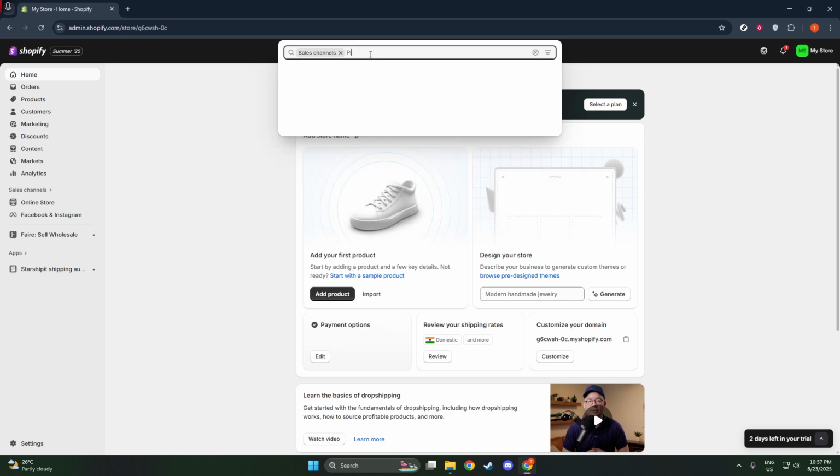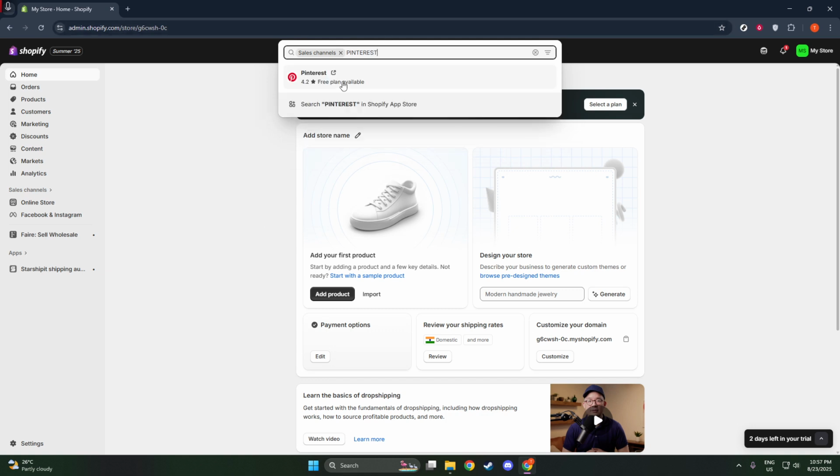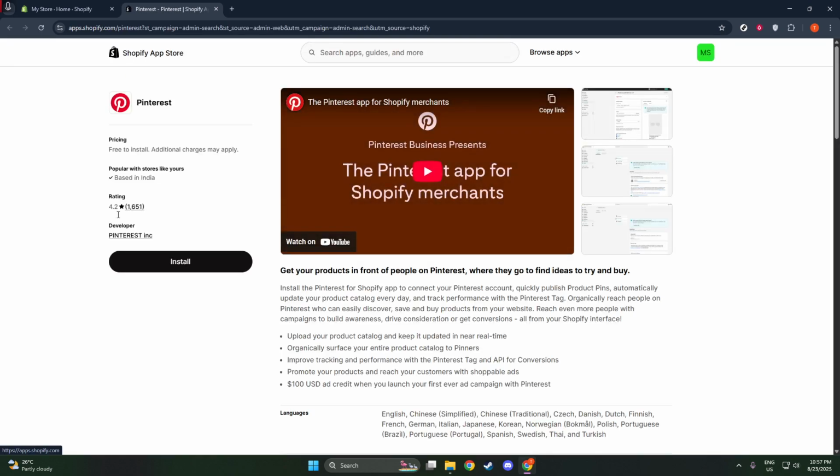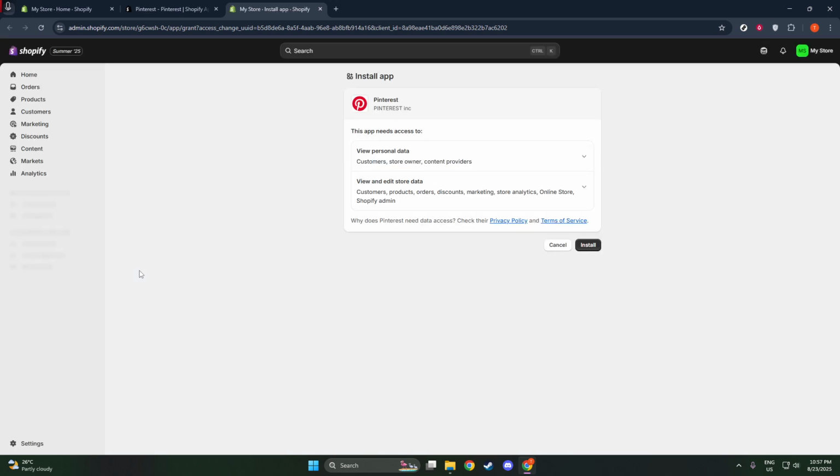across different online spaces. Once you've located the Sales Channels section, go ahead and click on the plus button. This is essentially your gateway to adding new platforms where your products can be showcased. By clicking this, you'll be prompted with a list of available sales channels you can integrate with your Shopify store. It's always a good idea to explore and familiarize yourself with these different options, as they might provide additional opportunities